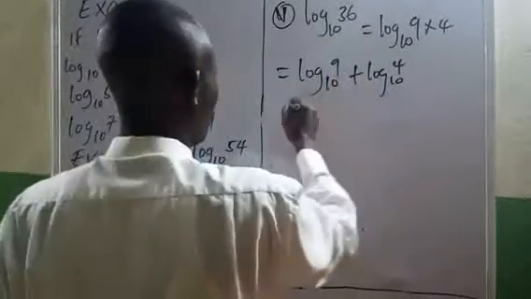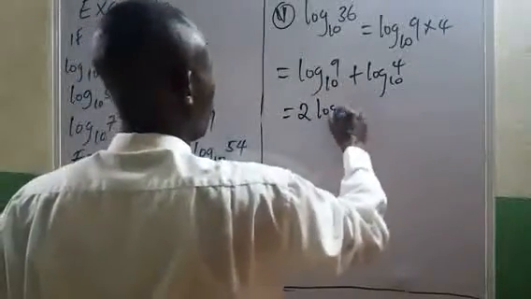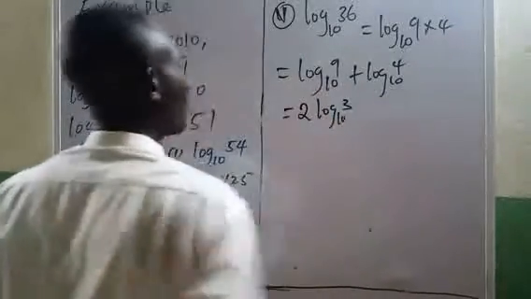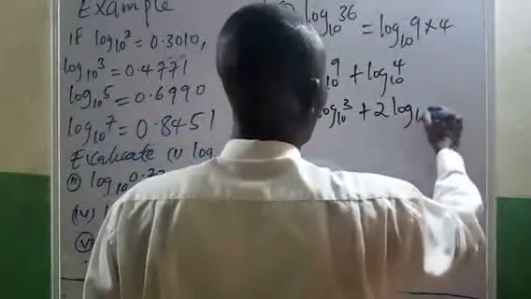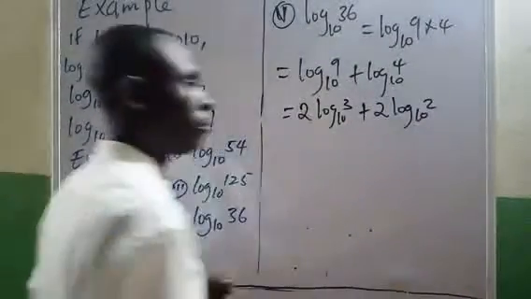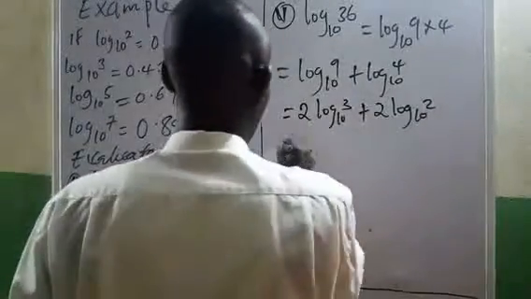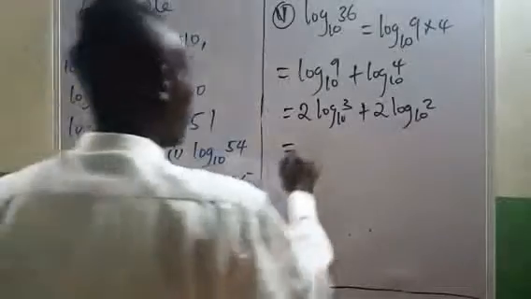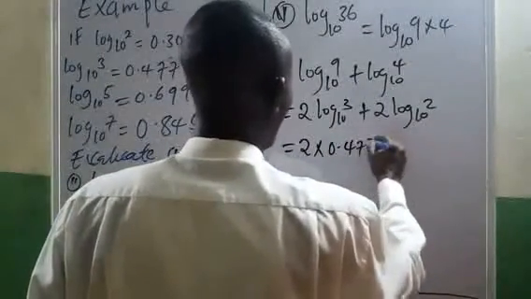But I already know the value for this. Done this several times. This will be 2 log 3 base 10 plus 2 log 2 base 10. So this will be the same thing as 2 times 0.4771